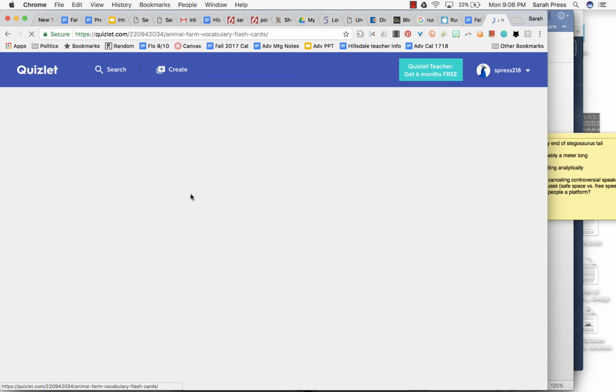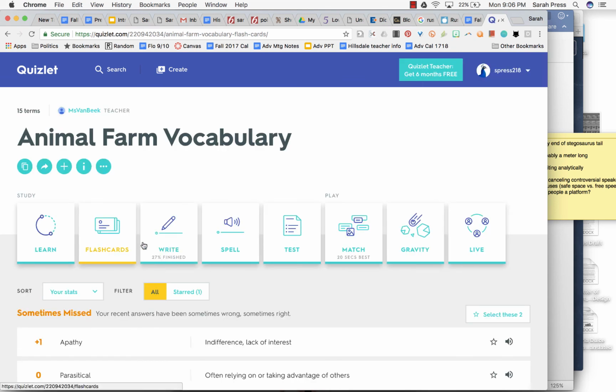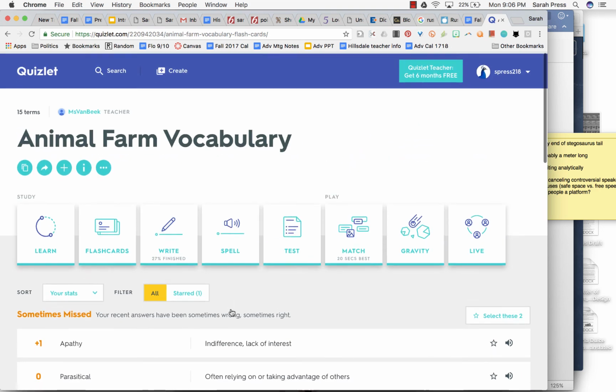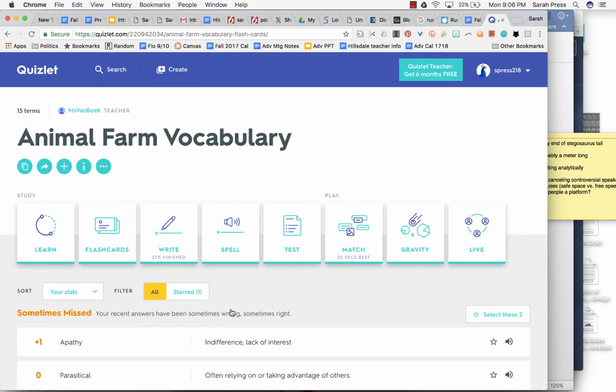For all of these, it keeps track of the progress that you've made and words that you are getting right and words that you're getting not right, so that you can study those over and over and over again until you start to feel confident. So again, Quizlet is a really powerful tool. I strongly encourage you to check it out and try to really use it to study and cement your understanding of those vocabulary words.